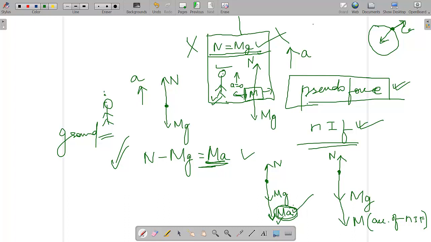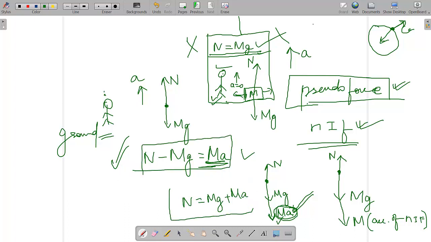So that's why it's called a pseudo force. That is a false force. It's just applied for him to make the equation equivalent to the other equation. This equation and this equation are the same now, right? The acceleration is still zero. There is no acceleration here. Understood now? For this particular body, for this particular person, if he is seeing this block, there is no acceleration.